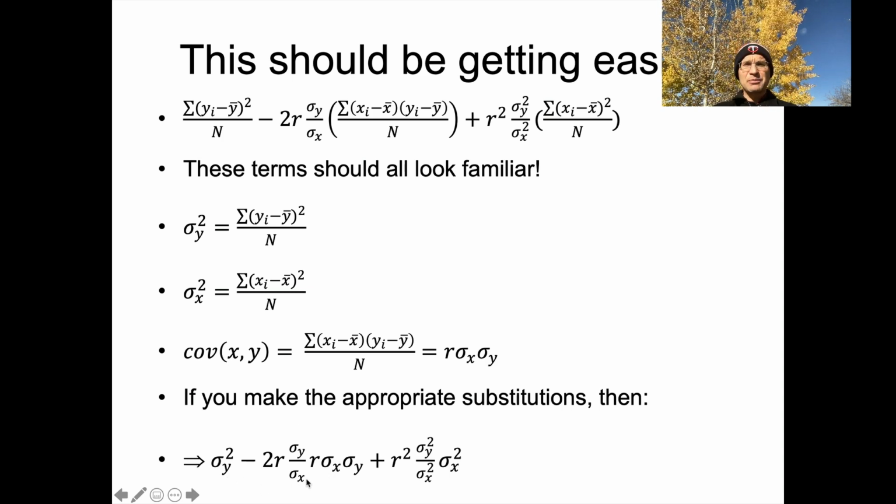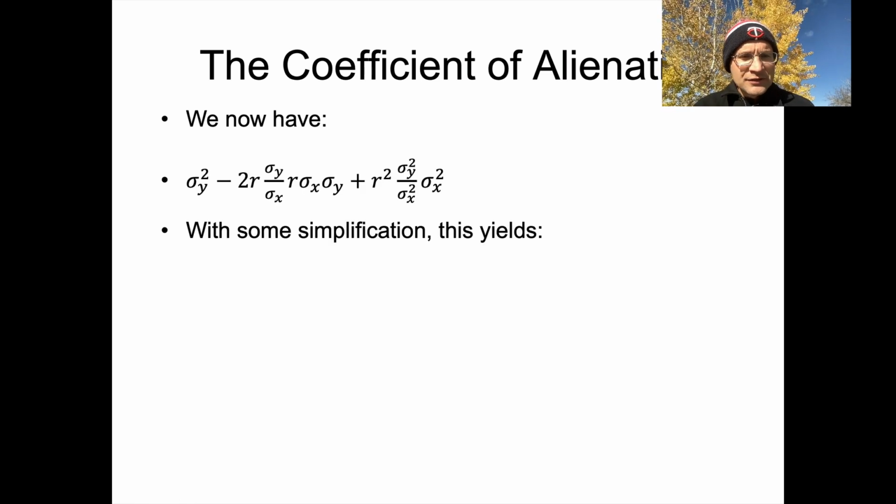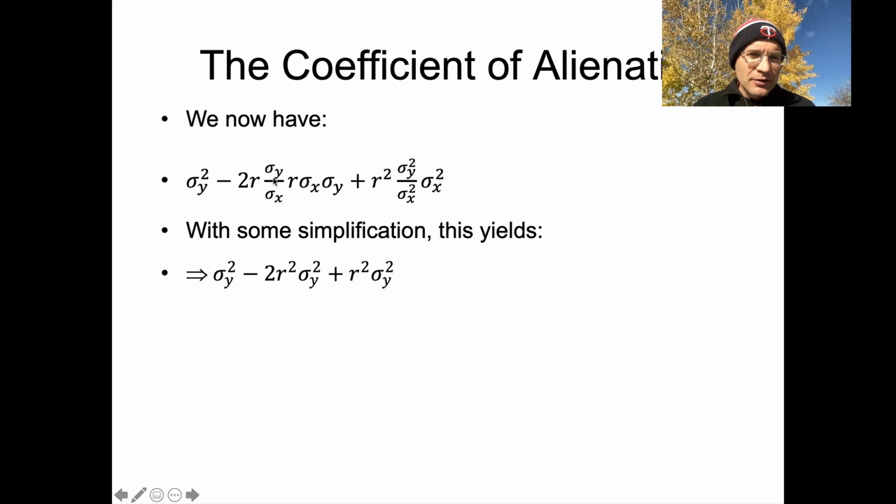And remember, this is supposed to represent our variance of the error term in our predictions. So we're almost all the way there. This looks cleaner than this, but we can still simplify this a bit by going from here to something that looks like this. So this part at the beginning will stay the same. This one in the middle will cancel out these standard deviation of x terms. And then if we multiply the standard deviation of y times the standard deviation of y, we get the variance of y times 2r squared, because there's two r's in there multiplied by each other. And then at the end, we can cancel out the variance of x and just leave the variance of y.